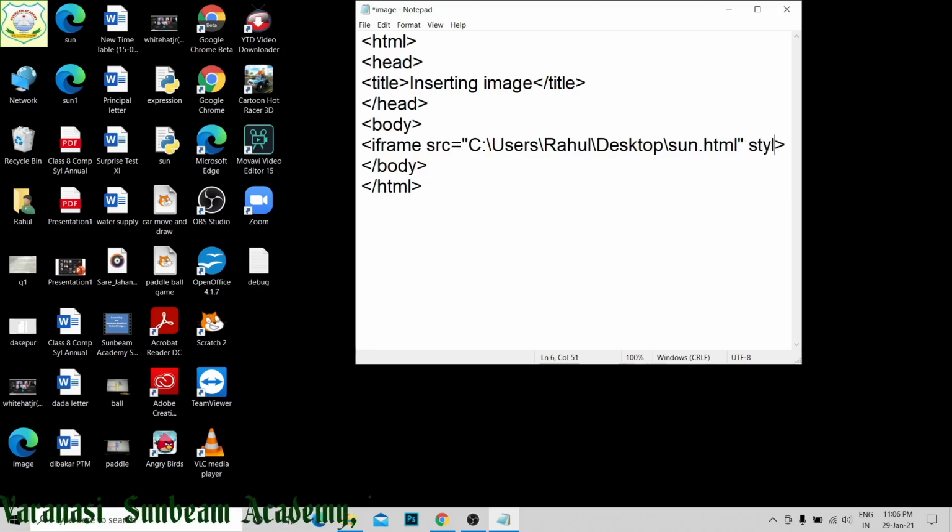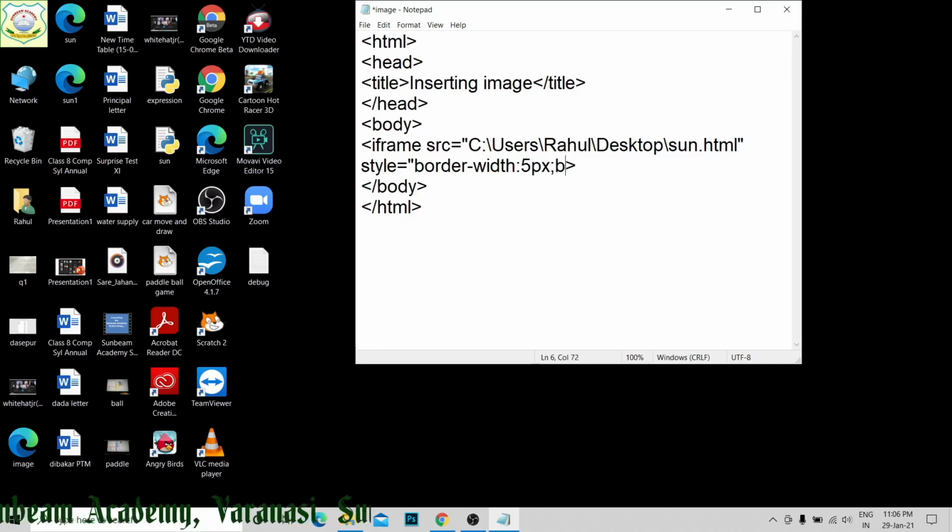After writing the URL, if you want to give height and width, then it's okay. Otherwise I am moving towards style equal to, what I am going to take, border width, suppose it is of 5 pixels, right. Then I am going to take border style equal to solid, right, its style is solid.